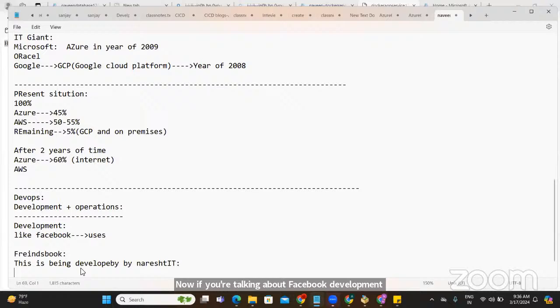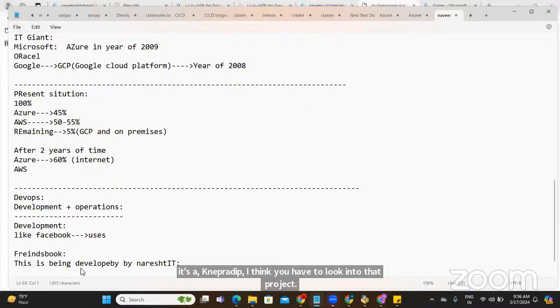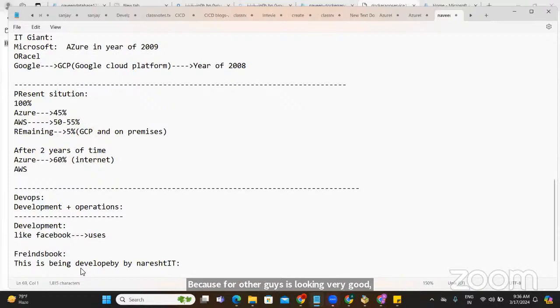Hey Pradeep, few of you have messaged me that the audio is not working. So I just wanted to check. Can someone just confirm it's working fine for others? Because if it is not working, there is no use, right? Hey, it's working. Then Pradeep, I think you have to look into that, because for other guys it's looking very good. So I request you, please check your internet connectivity. Maybe you might be having some issues. Please go ahead and rejoin the call quickly, guys. Thanks for responding. Yeah, Nagarjuna, we would be sharing that notepad with you.